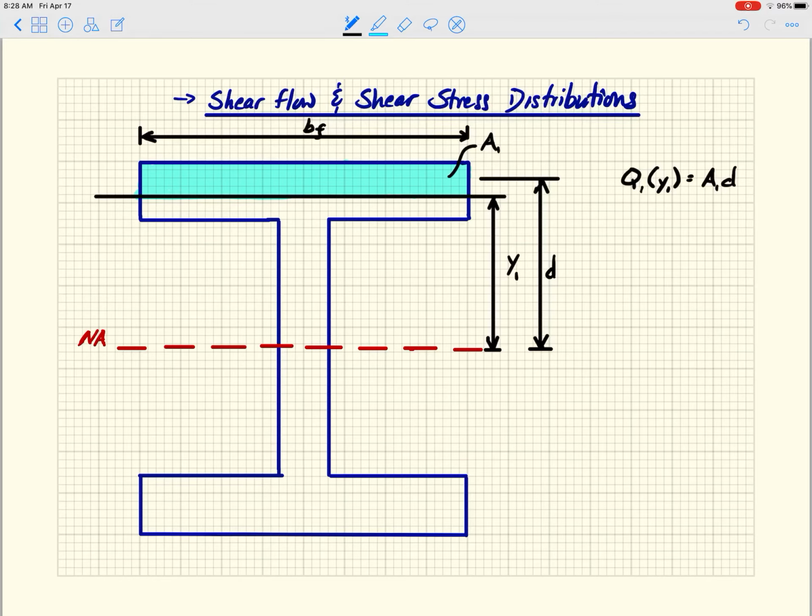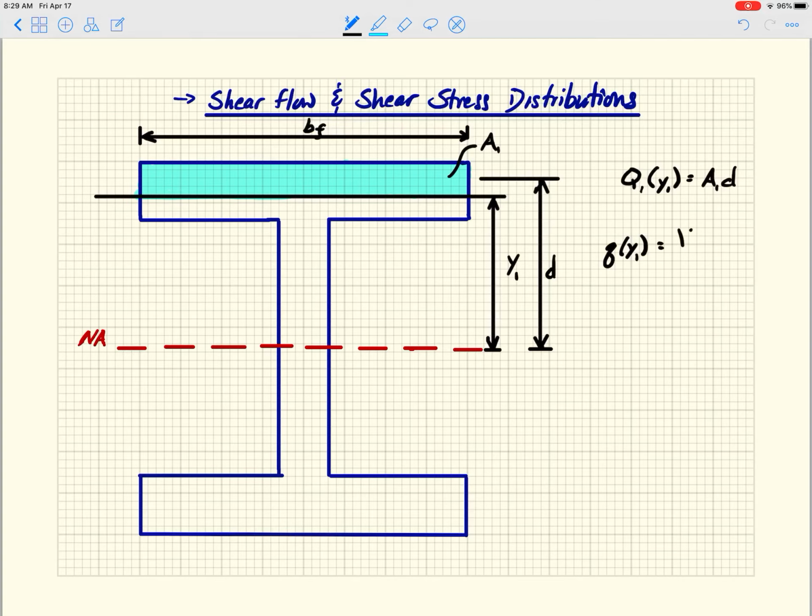Okay, so if I'm going to write the equations for shear flow and shear stress here, I'll write Q, and that is a function of y1. So it's actually at y1, that level, not where the d is taken to. Shear flow is a function of y1,